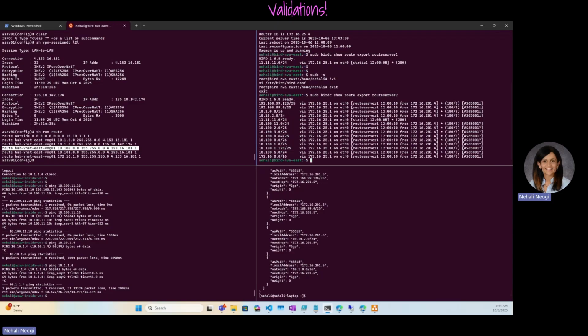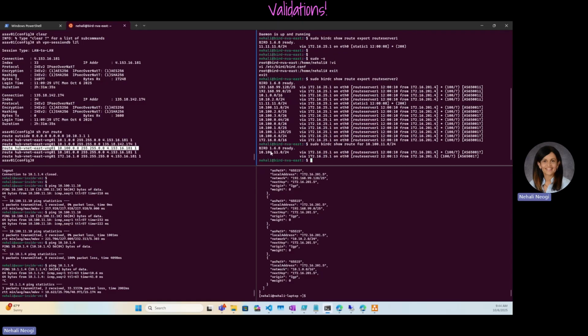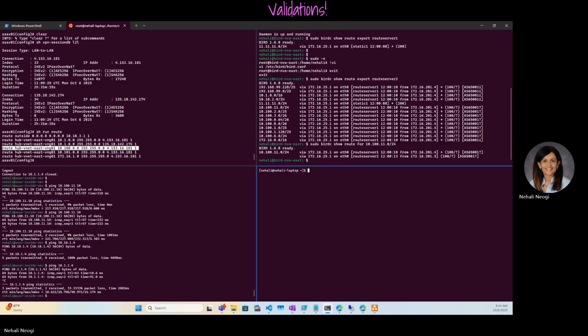So let's look at the one export for Route Server 2. And let's also look at what the route looks like for AVS. And you can see that we have learned the routes for AVS as well. So this is the perspective of the bird NVA. So now let's look at the routes at different levels on the Azure VPN gateway side, and ExpressRoute Gateway